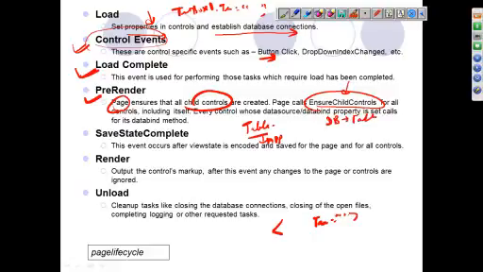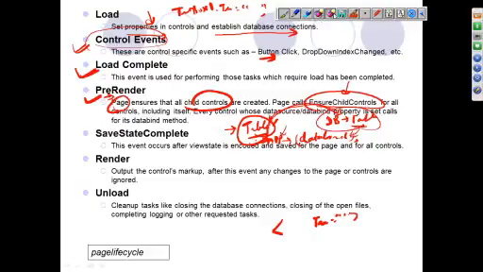Now this table, I want to get data dynamically from the table in the database. So what I do is write some database connection, fetch from the database, and then mention that for this table in the application, the data source property is table. Then I call the data bind method. When I call this data bind method, the property is actually set in the pre-render. Okay, and then the data from this data source comes in this table control.